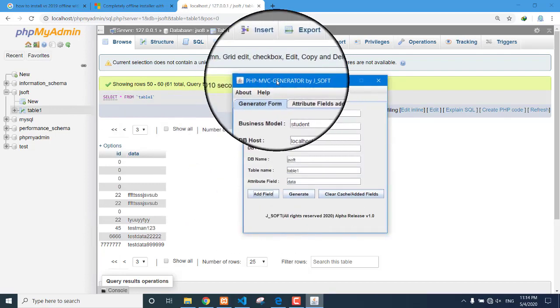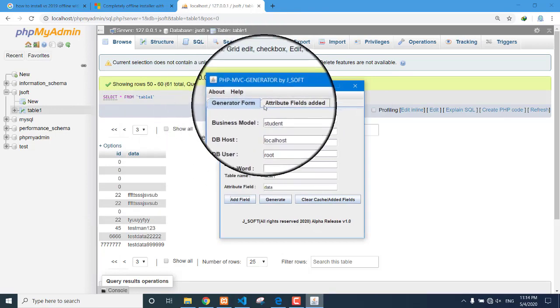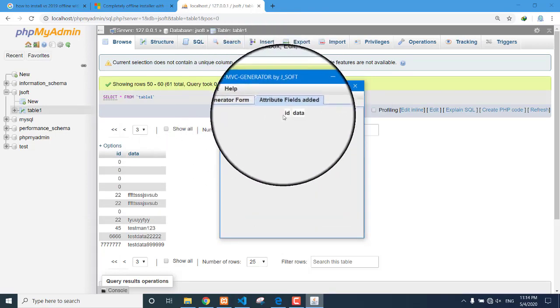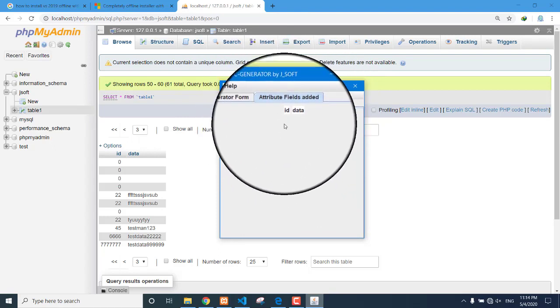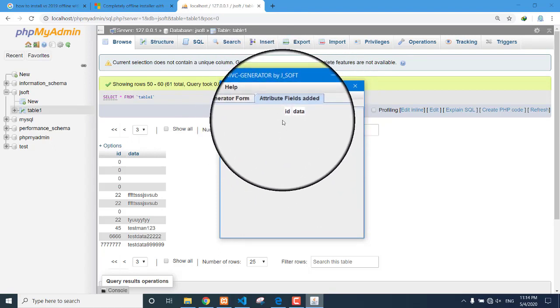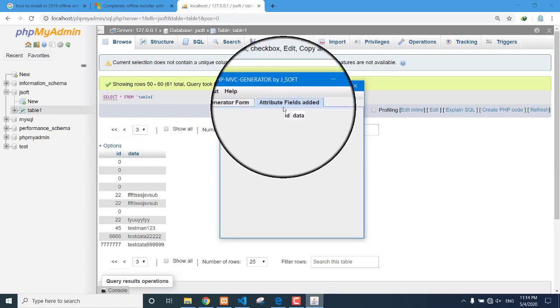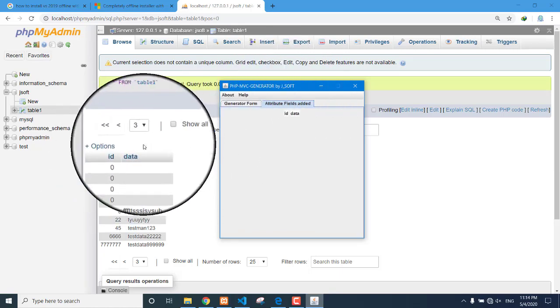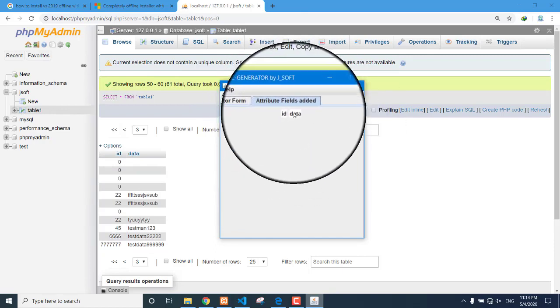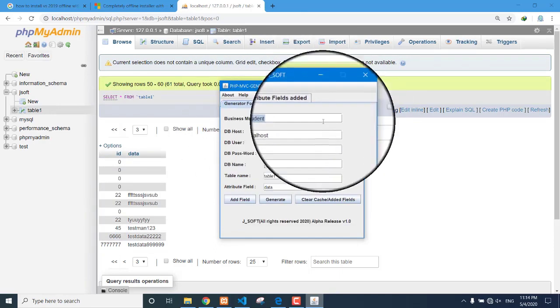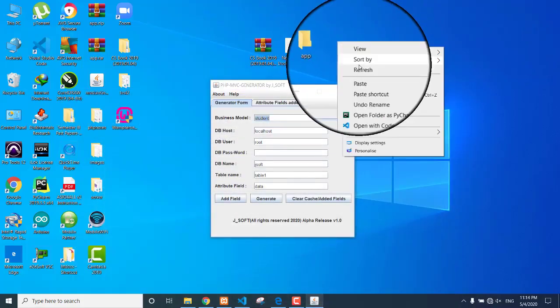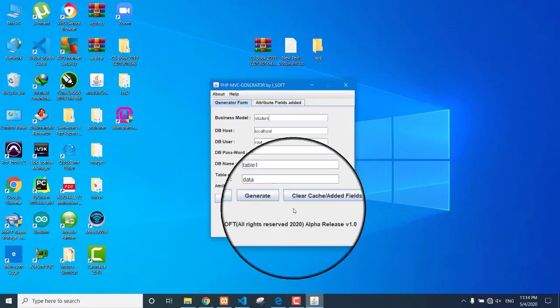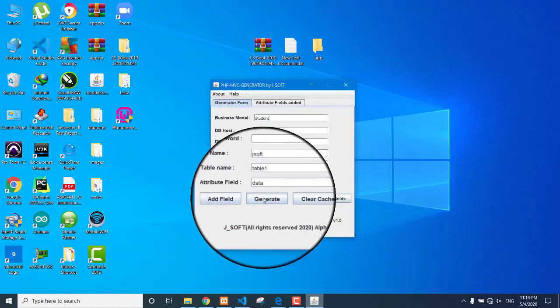Now when you jump to the next tab here, you can see the currently added attribute fields for your module generation, I mean for the business model. So in this example I have ID and data. And this is the base UI. Here is my filled-up data, and then I'm going to generate